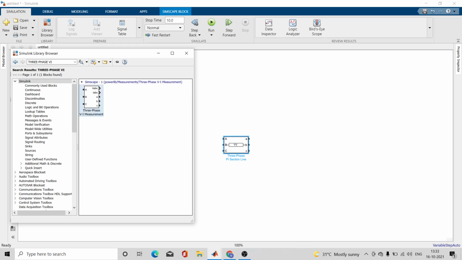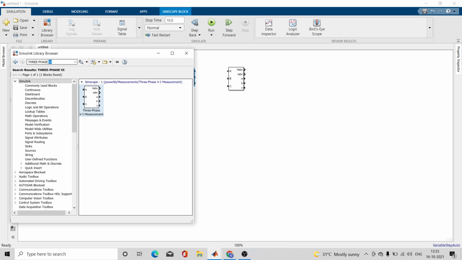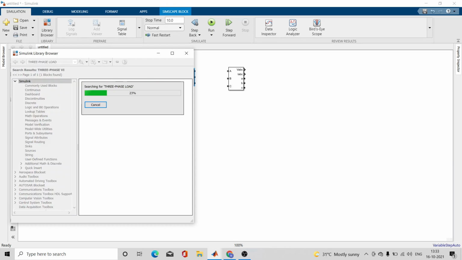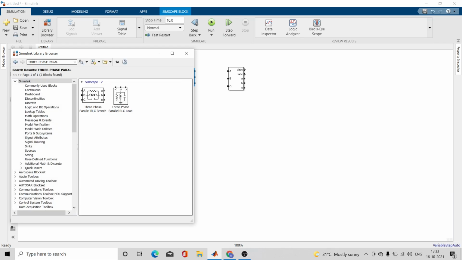Yes, and at last I'll require a three phase load. It should be parallel. Okay, three phase parallel, this three phase parallel RLC branch.